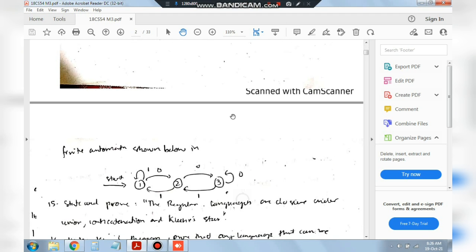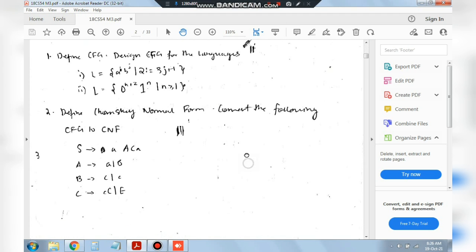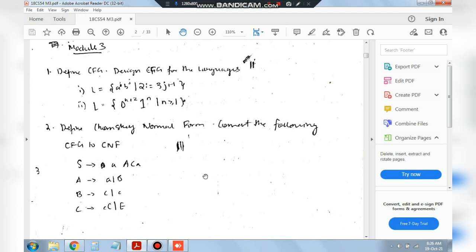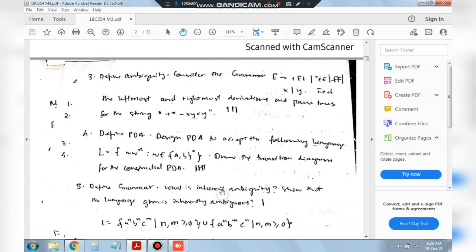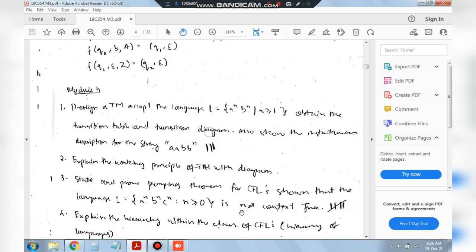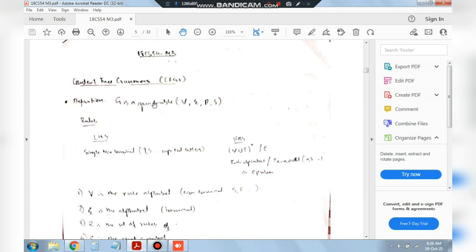After that, we'll be solving these questions. Most of the questions which I have written here, I have taken in the examples also, so I have discussed them there itself, but whatever remains, we'll discuss in the end. Let's get started with the first topic, which is context-free grammars.